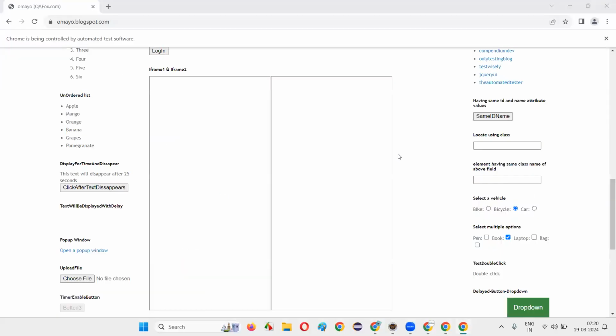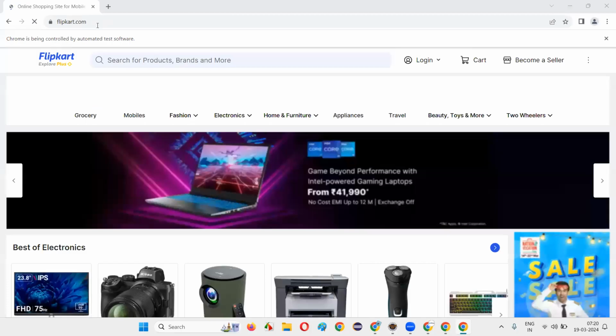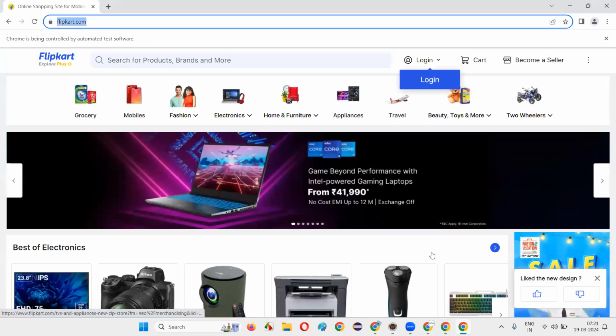But observe what is happening. It has clicked on the drop-down button. The Flipkart option has come. Did it click on the Flipkart option yet? It is waiting for 10 seconds and then clicking on the Flipkart option. Immediately it has not clicked on the Flipkart option. Okay. What if I